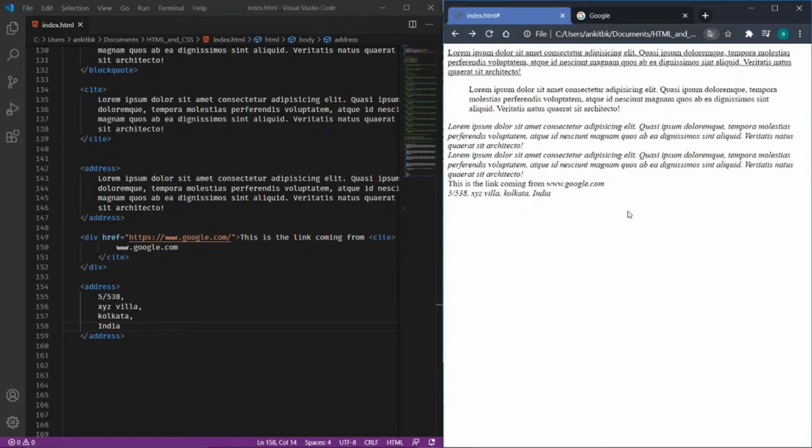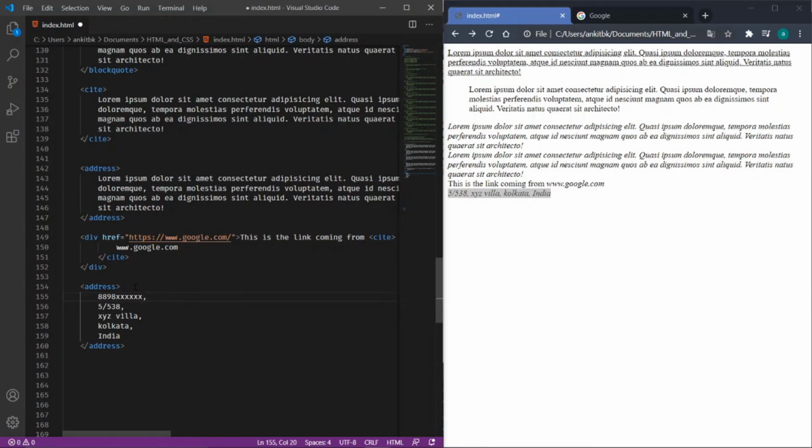You can see this has been marked up as an address, so you can have a glance at that also. And there are many sections where people have anchor tags or phone numbers in the address tags also, so you can add them in a similar way, like 8898 xxx.